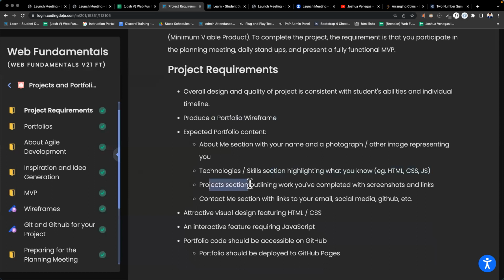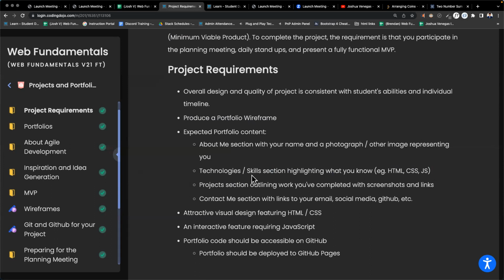You want to add a project section outlining work that you've completed. You can upload some of the projects you've created, or leave room for future projects that you would be uploading to your portfolio. For example, you'll be doing project week for Python, Java, and React, or MERN. So you may want to add space to add your projects later on. And for now, just add something that fills the space, like work on that Pac-Man optional assignment, put that up as a project in there, or something that holds that space.